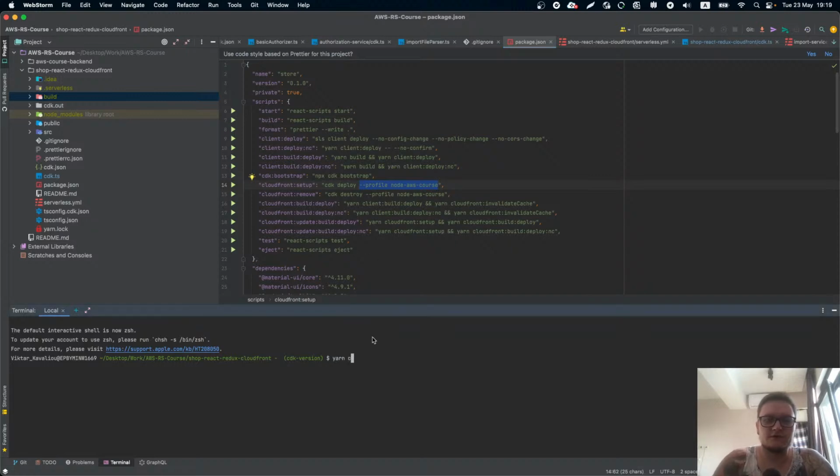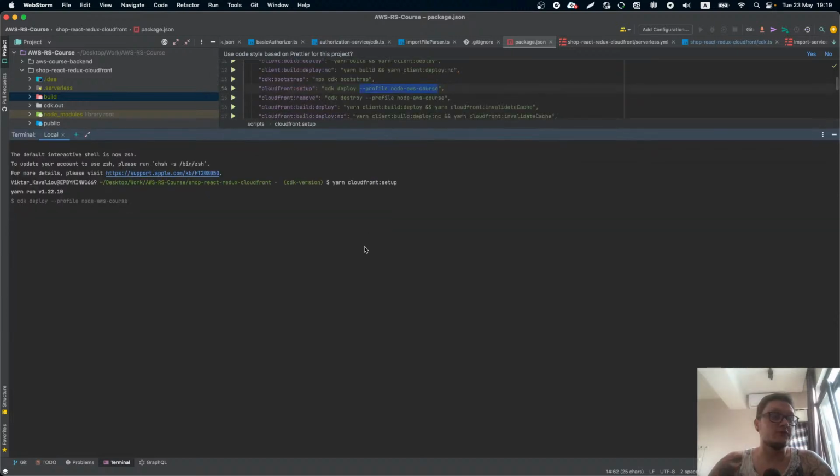So okay, let's start the CloudFront setup. Yeah, I called it setup. And let's see, hopefully it will work. It worked like 2 weeks ago. I really think nothing changed. Oops. Yeah,